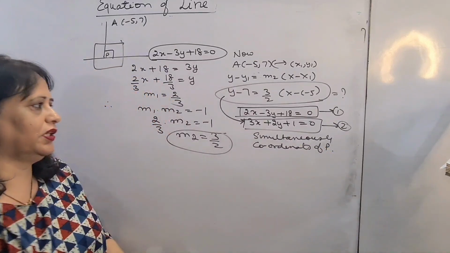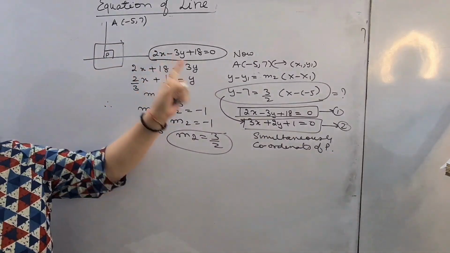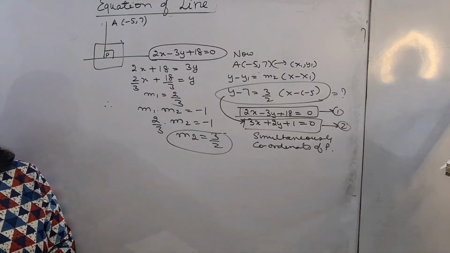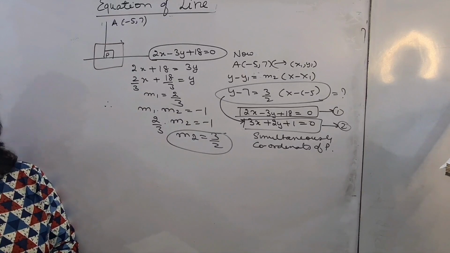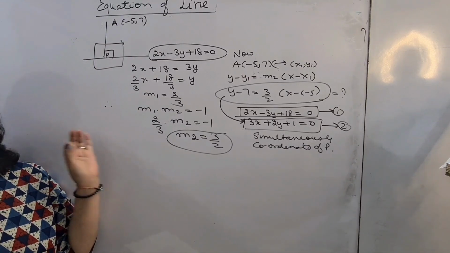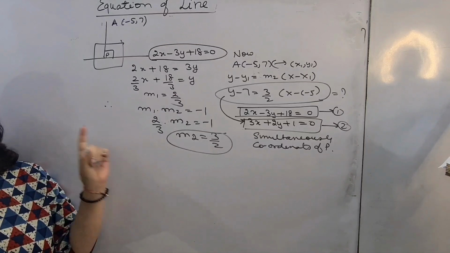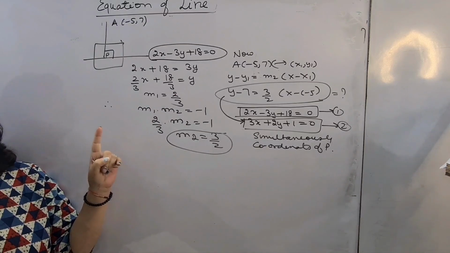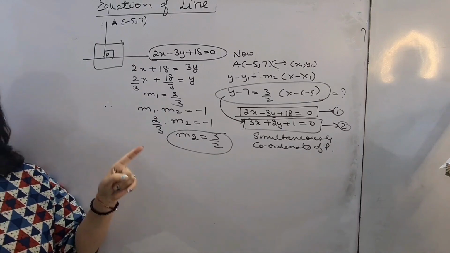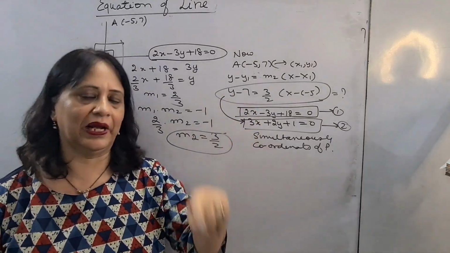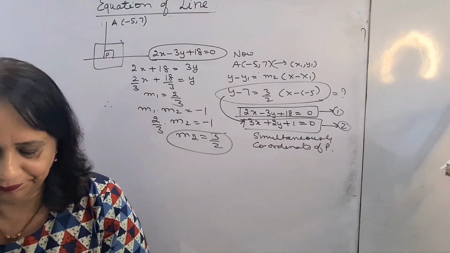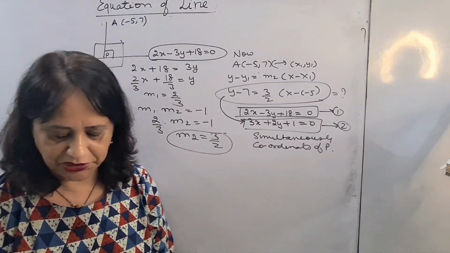I hope you have followed coordinates of P. To find the coordinates of P, the given equation and the framed equation are to be solved simultaneously, and this full concept you have done very nicely in 9th standard. So you can find the points. You will get one point x, the second point y, and that will be your coordinates of P. You will write in the ordered form. Ordered form means you will write in round brackets x and y, and that is your required answer. Then come to question number